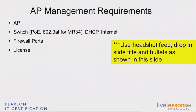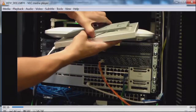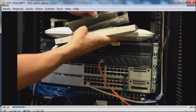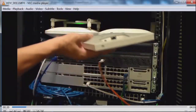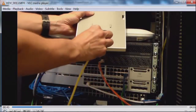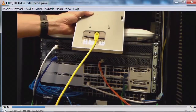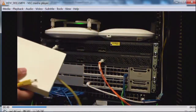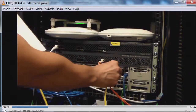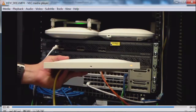Well, maybe to get access to the Ethernet connection, you may need to use a little bit of brain cells, but not too many. So open the mount and get access to the Ethernet port. Once you have it, you connect an Ethernet cable to the access point. Then you take the other end of the cable and you plug it into your switch. Just like this. So the access point is going to get power, the LED is going to turn on red,